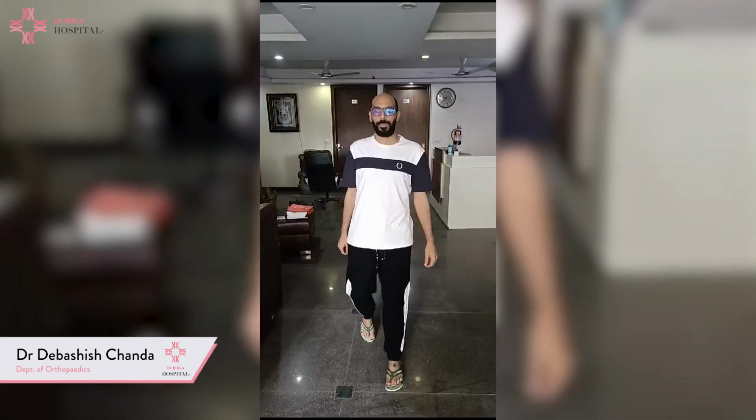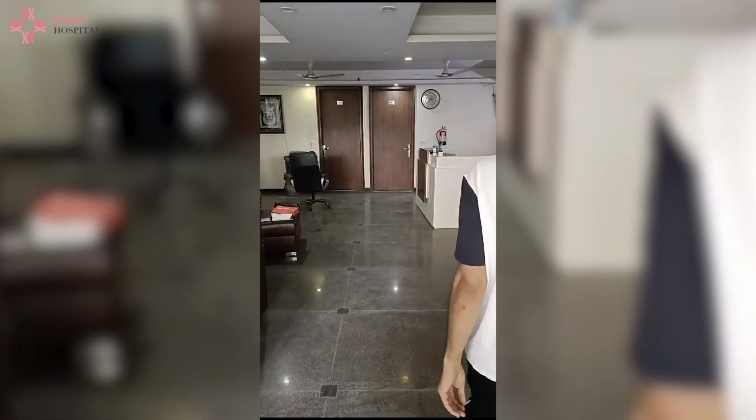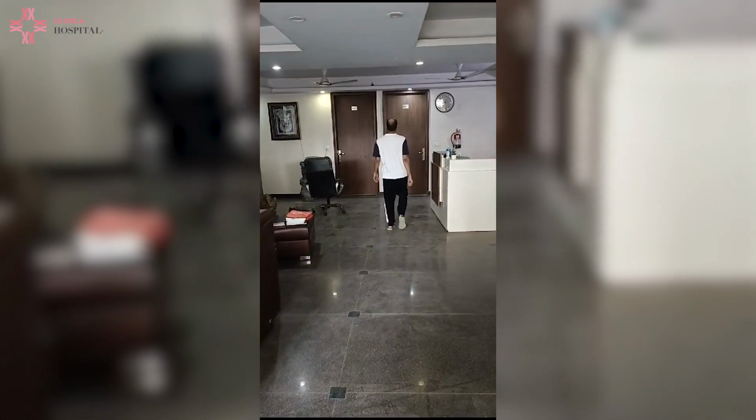So this is a revision hip replacement done in one single sitting, and he is able to do all the activities after surgery. His limb lengths are equal now. Both sides are equal and he is able to walk without pain. And this is within 2 weeks. I just want to tell a lot of patients who are actually suffering from limb length